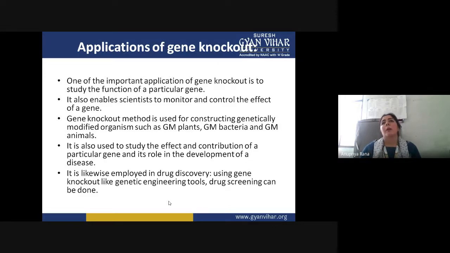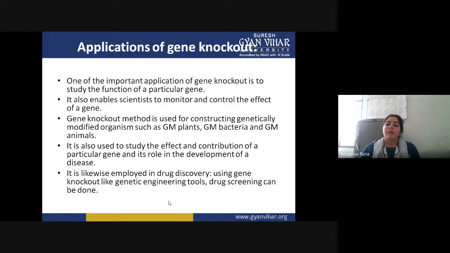Because if we want to see what kind of function a gene can perform, we simply extract that gene, and whatever protein that gene codes for is not going to be formed inside the body. So there is 100% surety that there will be a change in phenotypic variation, like skin color, hair, or height, or anything. That particular character is going to be lost from the phenotype. In that case, we can easily study the major function of that particular gene. That's why we use the gene knockout process.